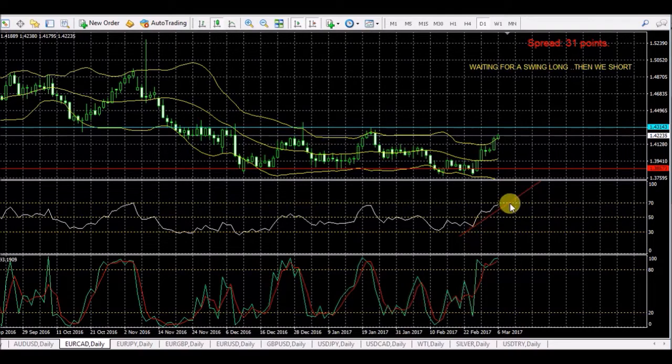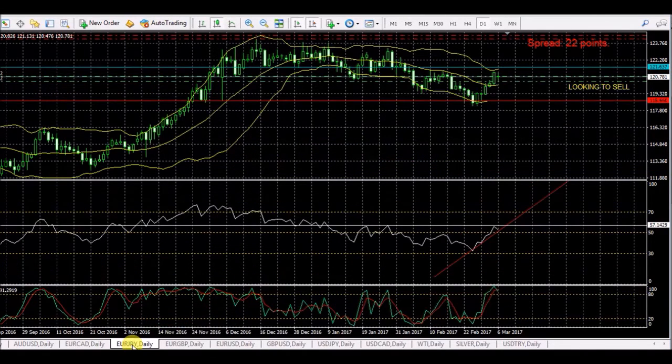I've got my trend line on the RSI. I know a lot of people have said they don't like it, but you know, hey ho, this is what I do. And I've got my resistance up here. It's getting very close. It's getting interesting. You can see that quite often at this 70 line we've had a reversal. So let's see what's happening. We've also got falling oil prices, which is affecting the CAD. So not in too much of a rush on that pair.